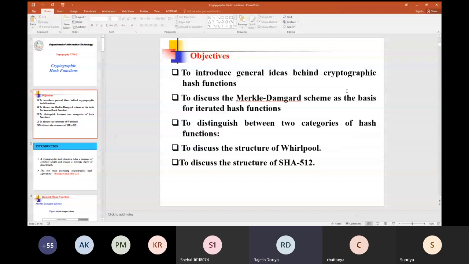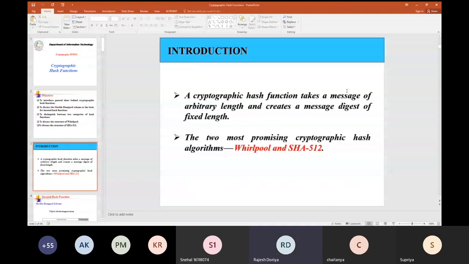The most important point about a hash function is that no matter whatever is the length of your input message, it is going to create a message digest of a fixed length. In this case, we do not design a function which will take an input of variable length. Rather, we design a function which will take a fixed input, and that fixed input will be iteratively processed again and again until the whole message length is met. So this is how these functions work.